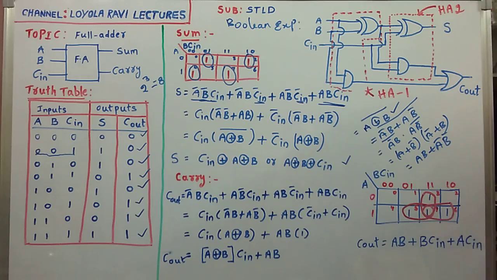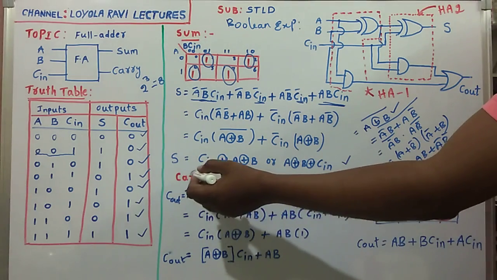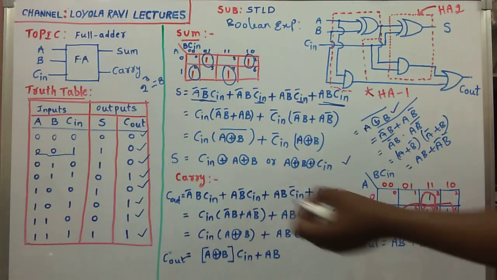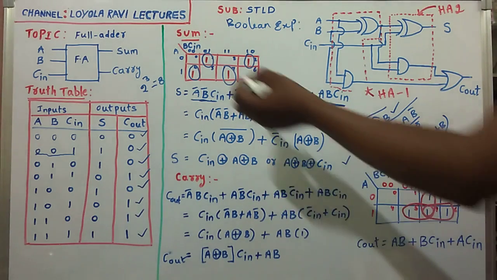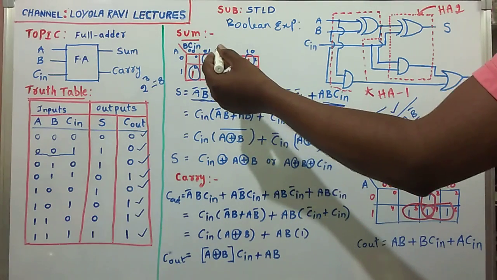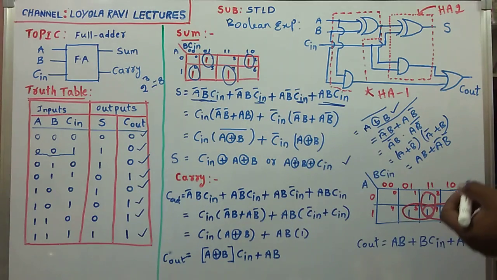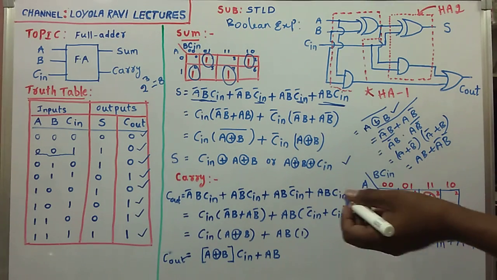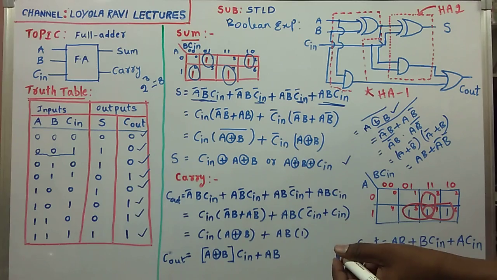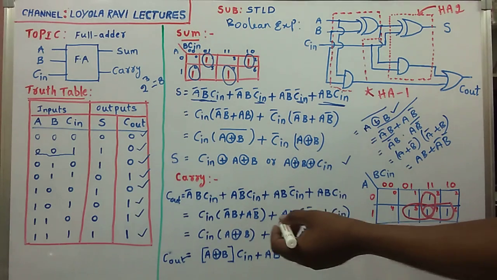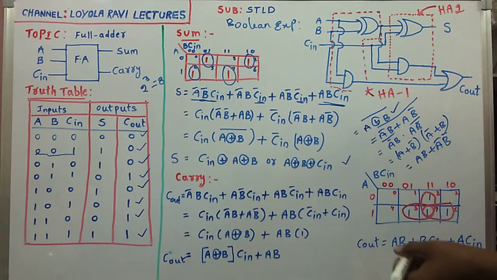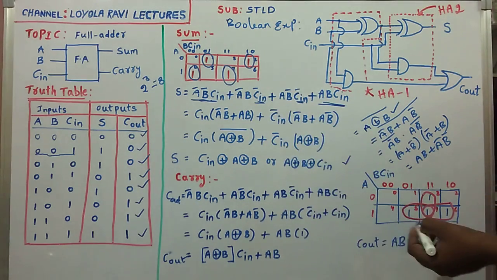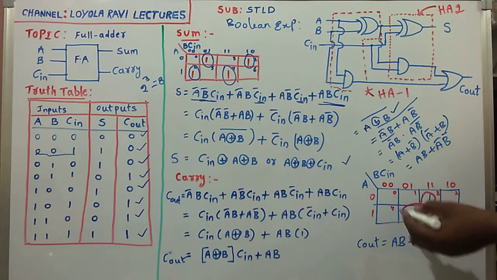Okay, from this expression, then go for the carry expression, C out. Like this you may take a K map also, but here my intention is implementation of a full adder using half adder. That is my intention. That is a major and important question in the examinations. That's why I am using this method. You may write using a K map also, no problem.